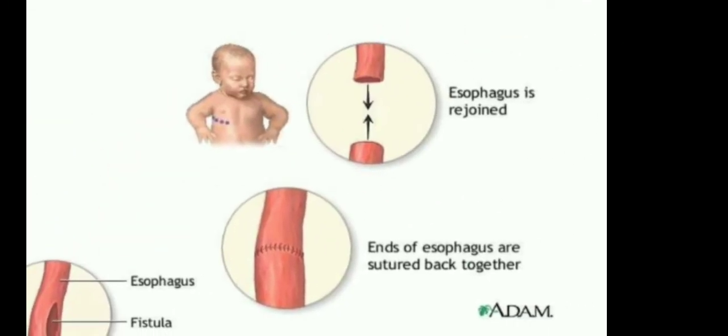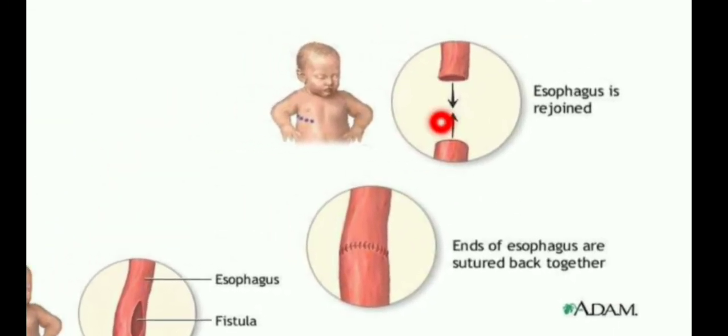Sorry, look at this picture. First, look at this image where they have to open the baby for the surgical intervention. That means at the right-hand side, below the right hand, they open at the back. From here up to the back, they make an incision and open, and there they have to identify the esophagus.